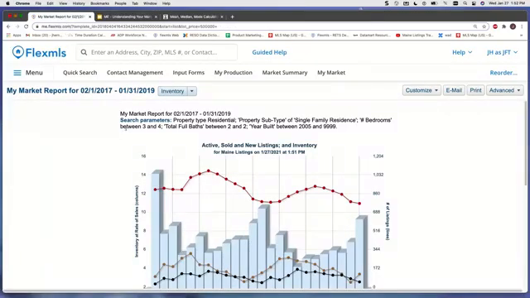So the My Market report, you'll see it remembers what I used the last time I was here. And I demonstrated this back in 2019. So it's giving me a My Market report, but it's going through 2019. That's not useful to us. So I will want to go up to customize. If I've created a saved search, I could use that. But if I just click on quick search,